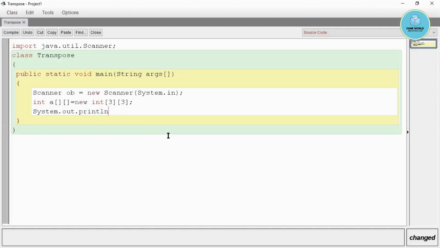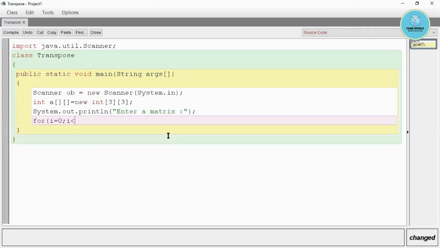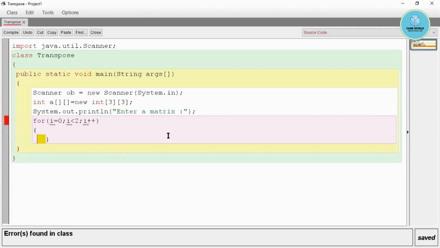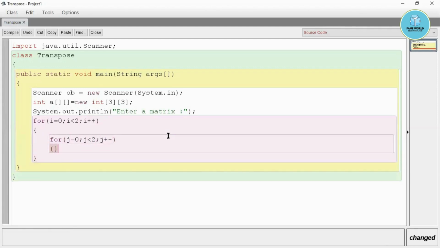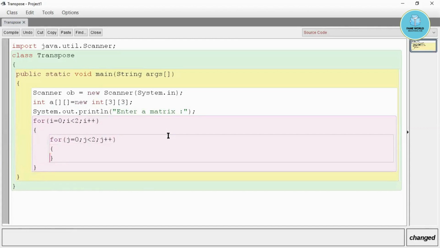Print ln, enter a matrix. For i equals 0, i less than 2, and j.